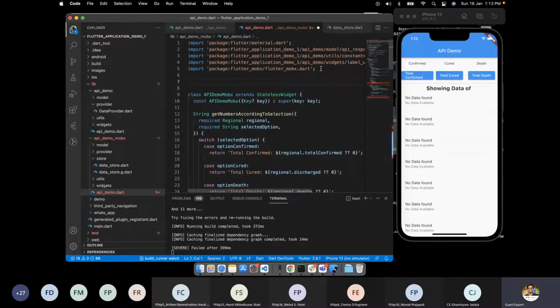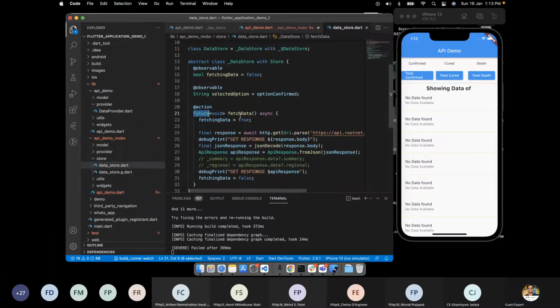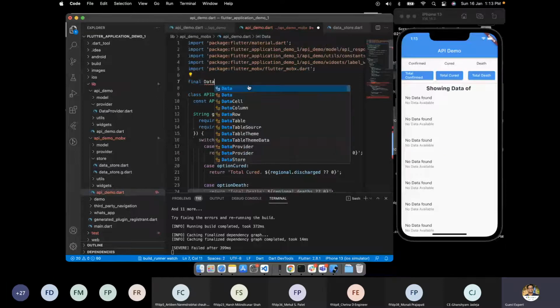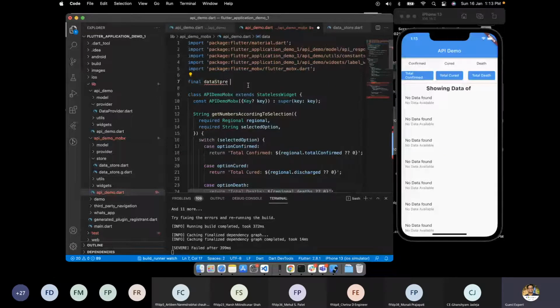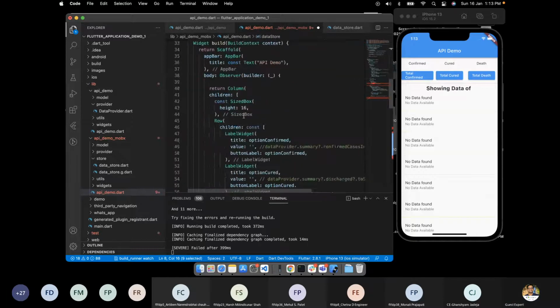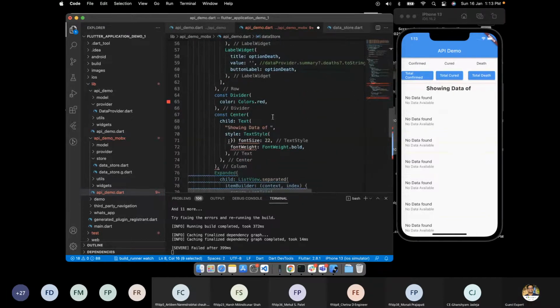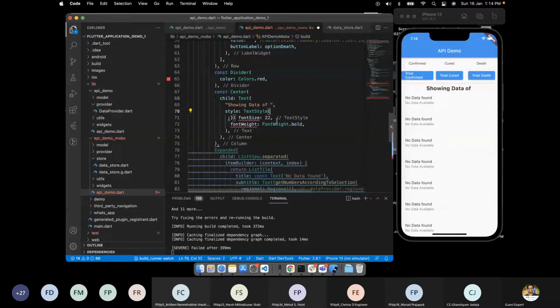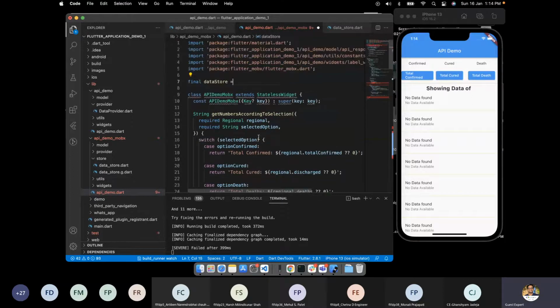Before that, we can create an object of this data store class, which is actually implementing this. So here we can have a data variable, dataStore equal to DataStore, and dataStore dot.